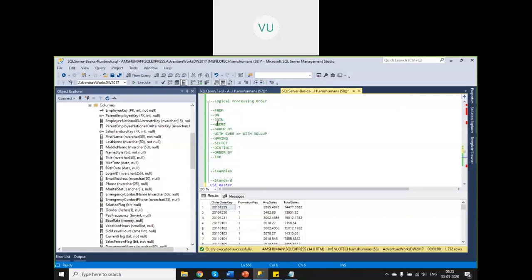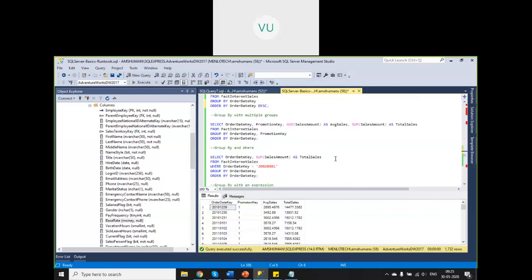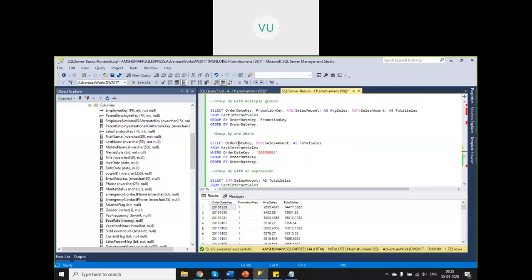After from and joining and all, the first thing that is applied is where. So what is the order? First go to from one table, then immediately where is applied. That means it will get all the records from this table, then apply this condition, where order date key is greater than this particular value. For example, when you don't apply this condition, let us say you get 100 records. After you apply this condition, let us say you get 50 records. Imagine how it is processing in the background, right? So now you have only 50 records in your result set.